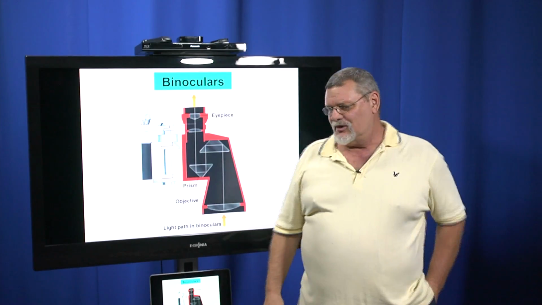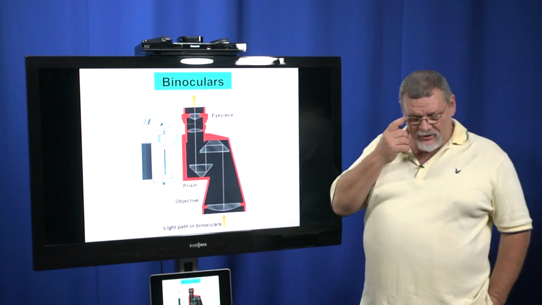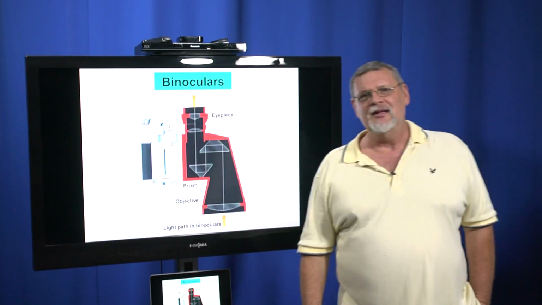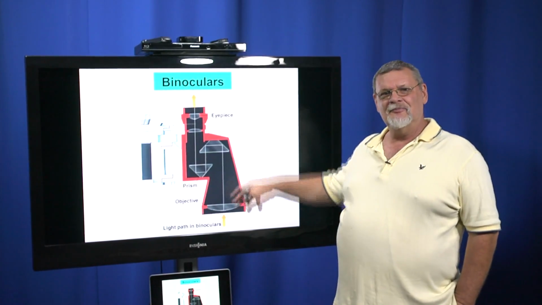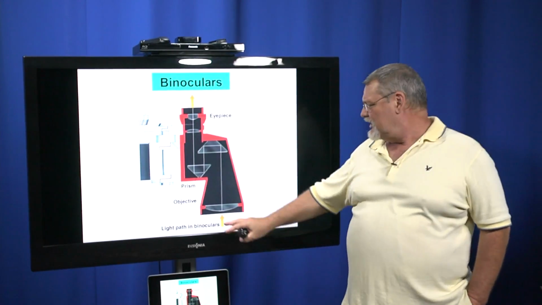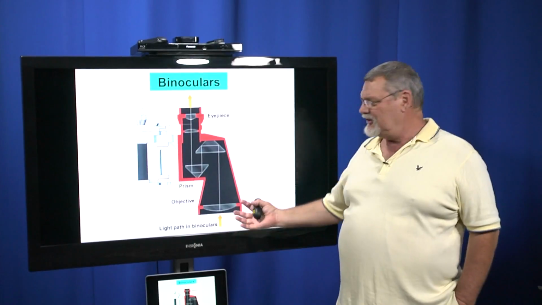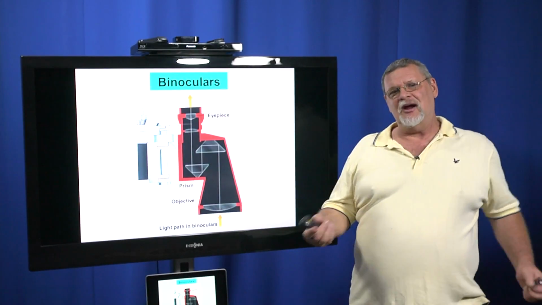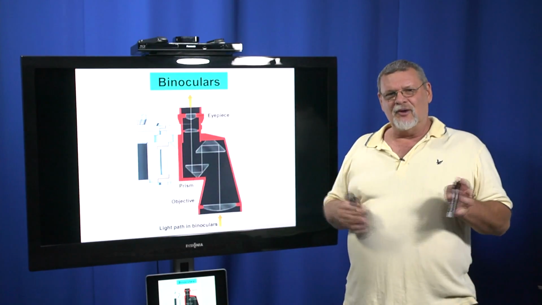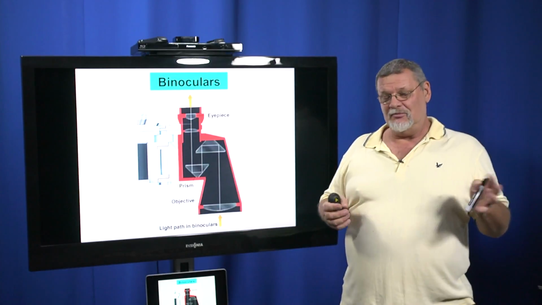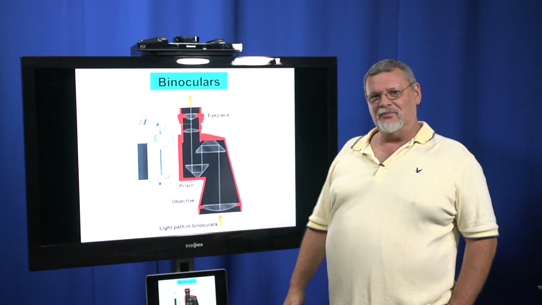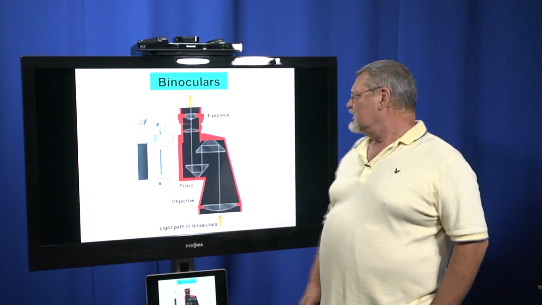If you want a good pair for astronomy, you'll notice it'll say 50 by 20, say 50 millimeters by 20. What they mean is that the objective lens is 50 millimeters and it has 20 magnification. The 50 millimeters, you want a larger number here. Why? You want a large objective lens, because it's gathering more light. So if you want a good pair to look at the sky with, you're looking for the highest numbers. 50 by 20, 70 by 40. Well, that would be a really nice pair. 70 by 40 would be a very nice pair of binoculars. So the higher the number, the more magnification, the better for astronomical applications.